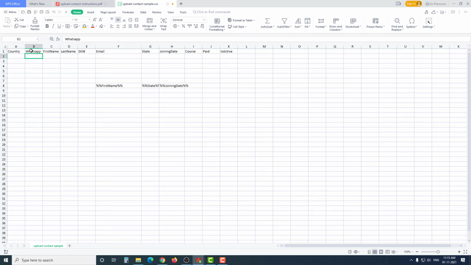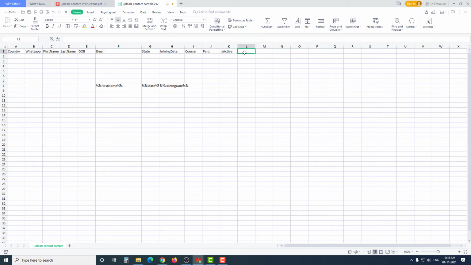So even if you place a WhatsApp variable inside your template, this is not going to work because these two variables do not get replaced inside your message template.